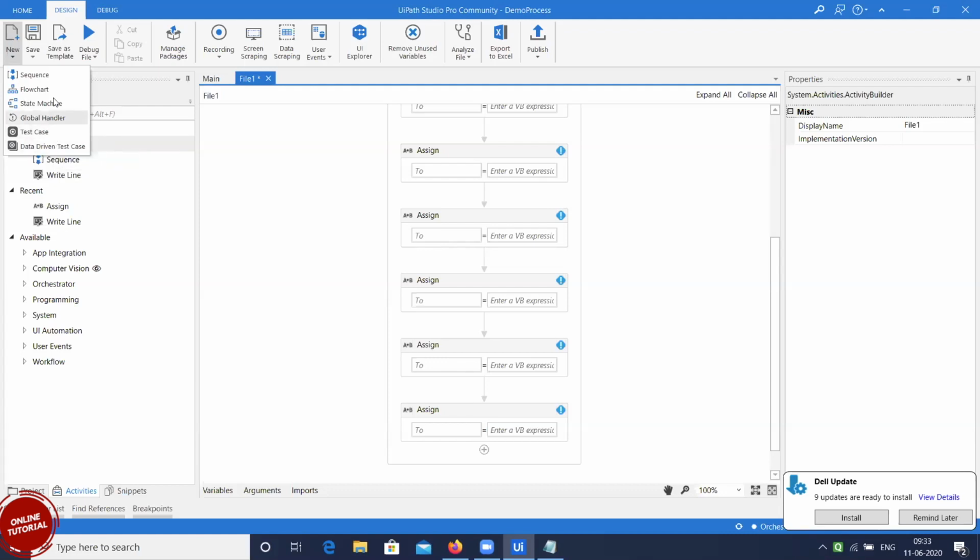As a developer, the major two concerns that we usually have are either using a sequence or a flowchart. Among them also, majorly it is a sequence. You will also observe that the majority of the time we are going to use a sequence. It's one step by step, whereas a flowchart is based on a flow diagram.